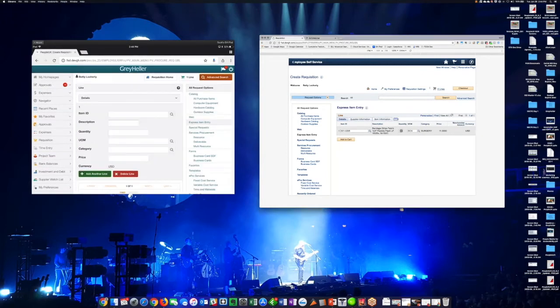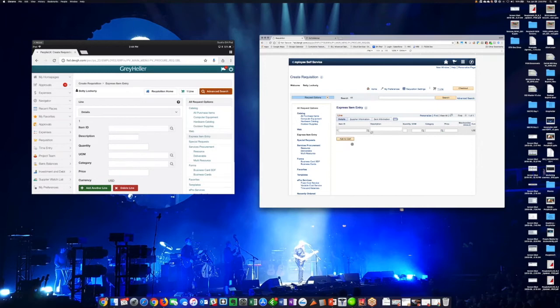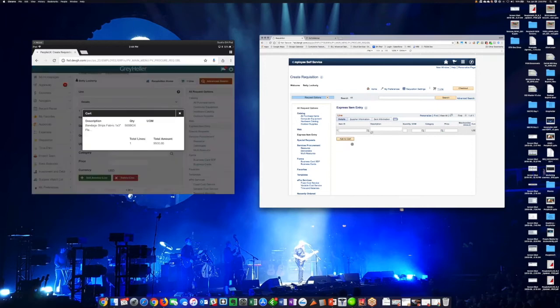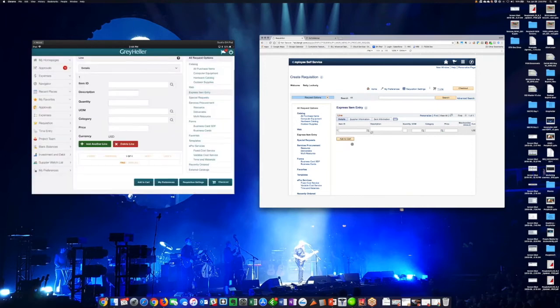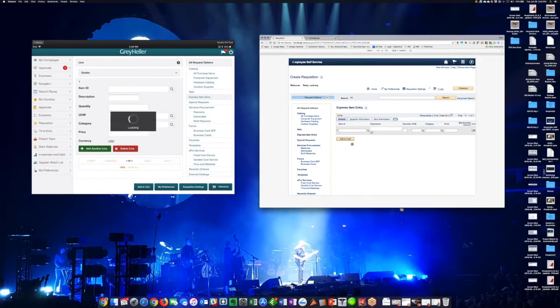I'm going to do the same thing over here on this side. I'm switching over keyboards all over the place. All right, so I've got that, and I'm doing a big amount actually for a reason. So I'm going to go ahead and add that to my cart. Same thing, I've got a single line up here, right? There it is, that's what I added. Very simple, very quick. And then I can move off to the checkout process,